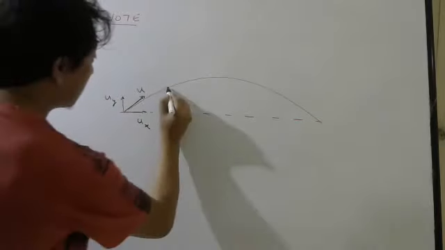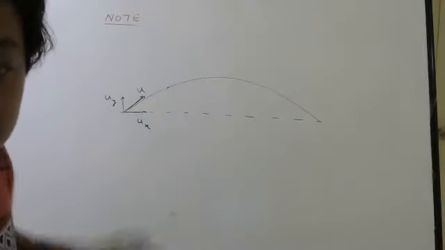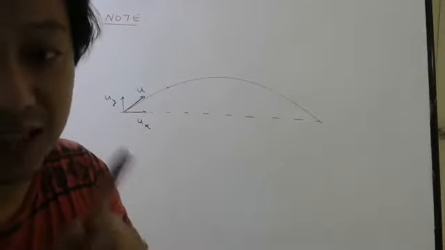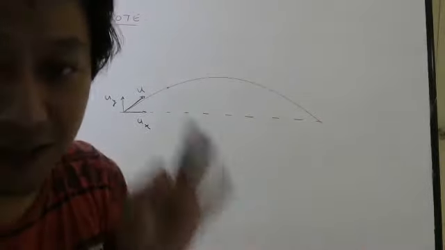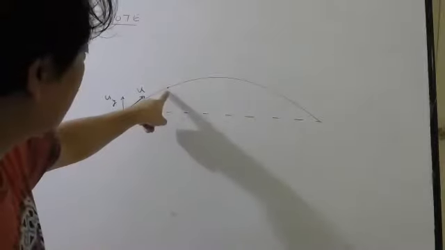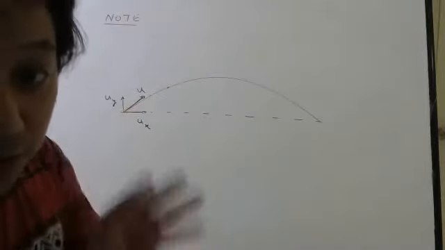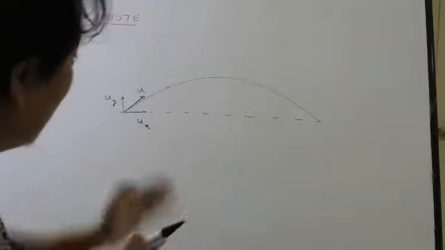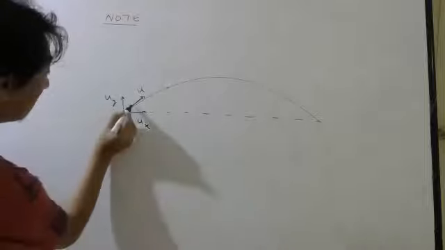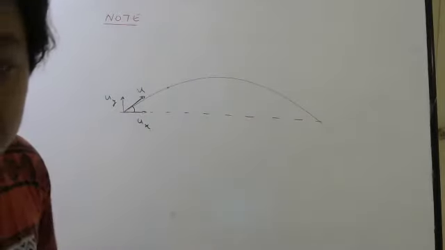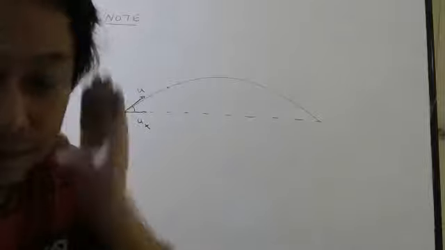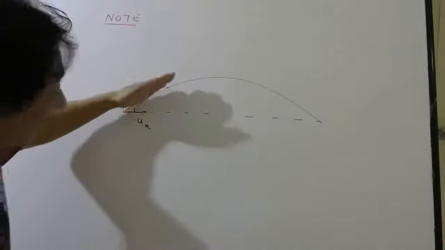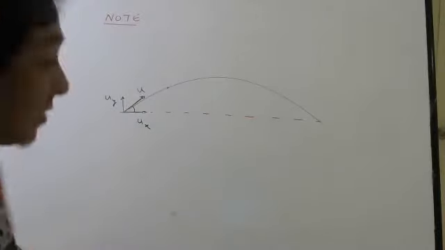Okay. When it reaches here, try to see the diagram. The velocity is always drawn tangent to the path, remember, path. Don't draw tangent anywhere you want. Tangent to the path. So if you want velocity here, you have to draw tangent here. When you do that, has the angle made by the velocity increased or decreased? The angle made by this tangent has decreased. Everybody accepts.